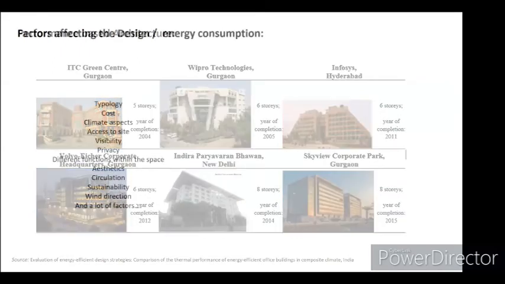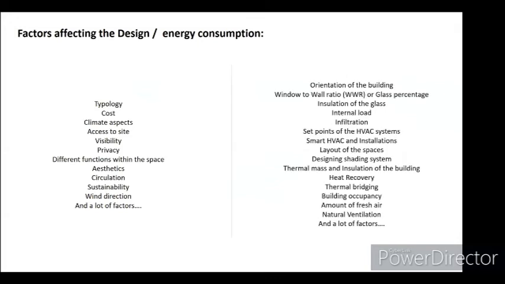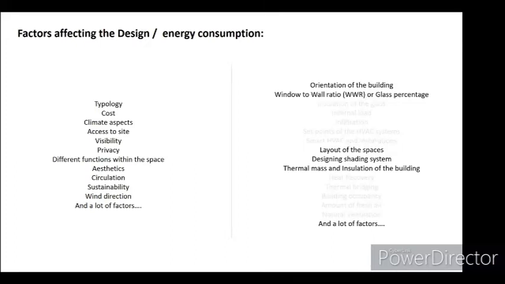But what I would like to talk about is that there are n number of factors an architect needs to consider to design a building, and at the same time, numerous variables which affect your energy consumption. It seems like a lot, but if you ask me, there are very few aspects of energy consumption that an architect can address, mostly the orientation of the building and how you treat the skin of your building. If you address these two properly, you can solve most of the energy consumption issues and create a much more sustainable building.